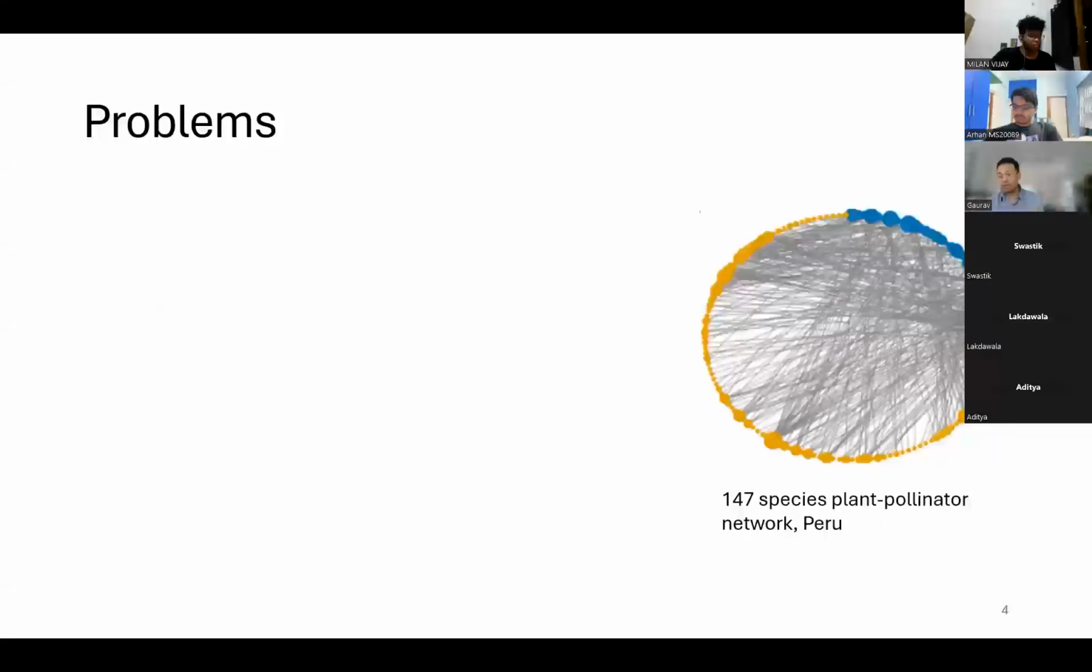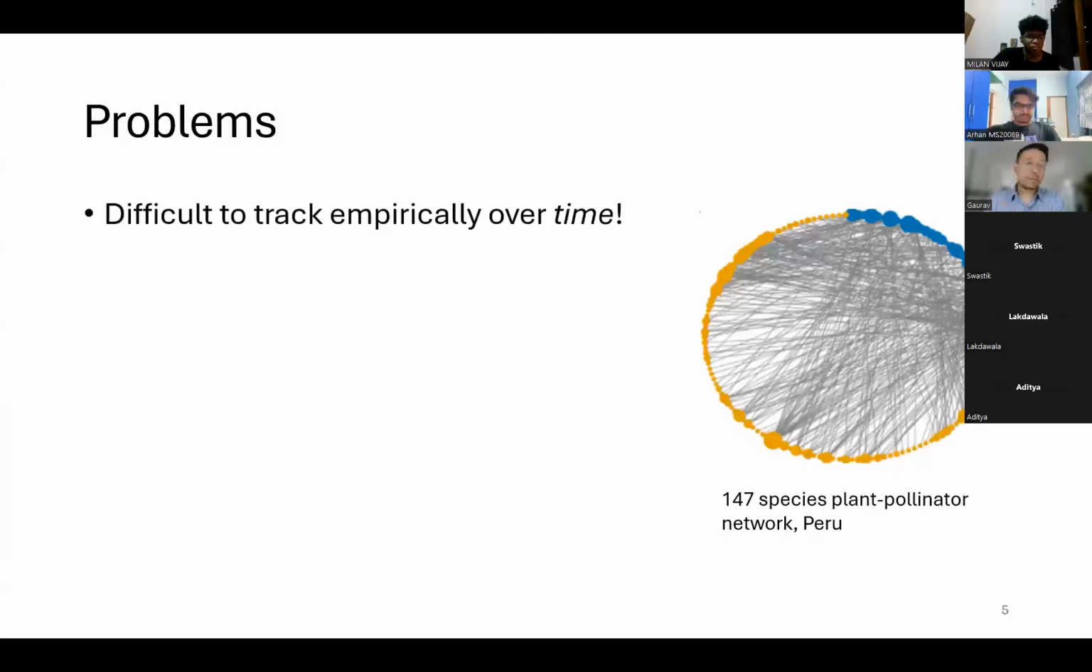But when you look at this complex plant pollinator network, there are several problems from the ecological side of things. Particularly, because it's a large network, it's very difficult to